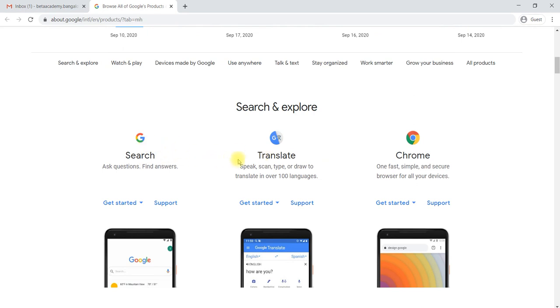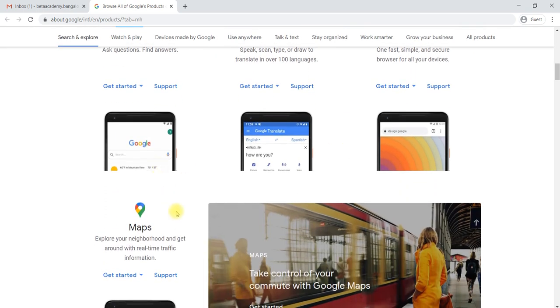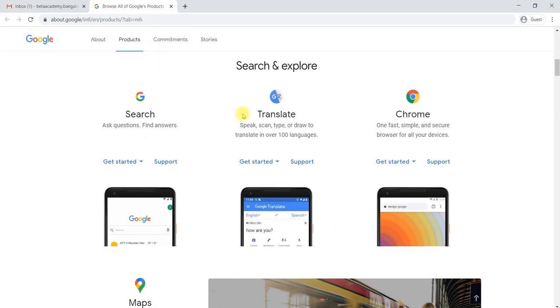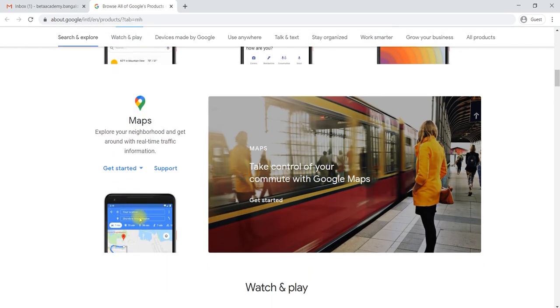Google Search, Translate and Chrome are the basic things everyone has. Maps is used in general to search for places, and Translate is for translating from language to language. Chrome is a browser, and Maps gets you directions.